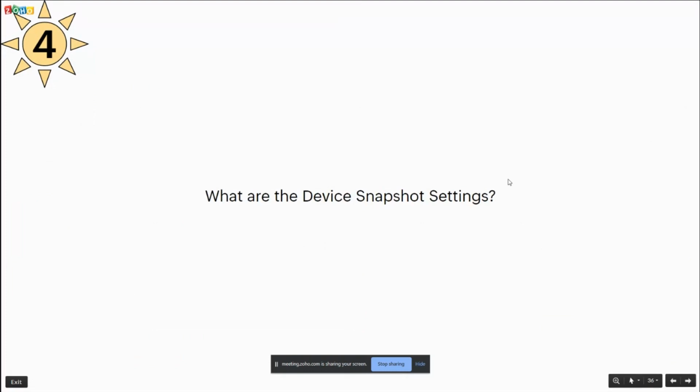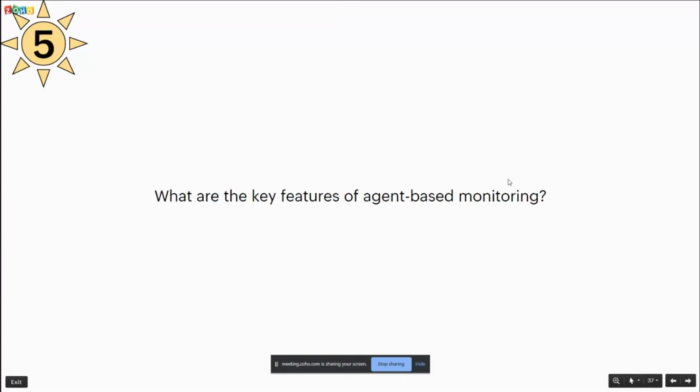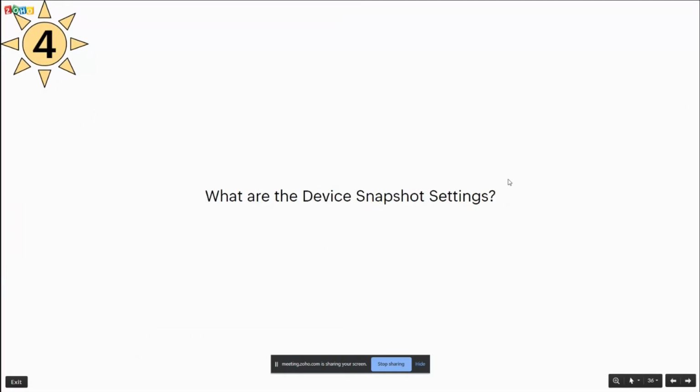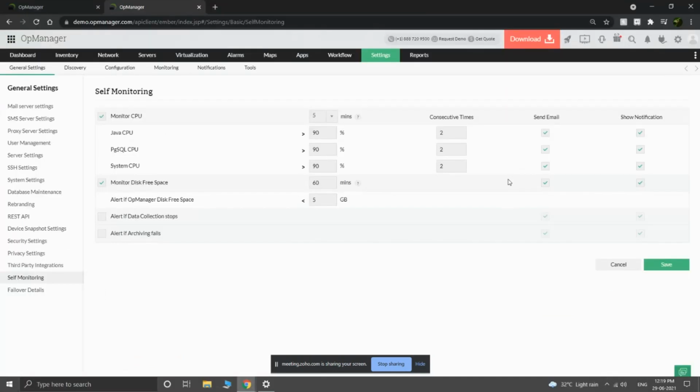We move on to the next question, and we talk about what the device snapshot settings are. There is an option called device snapshot settings in our product. The snapshot setting option allows you to configure how the device snapshot page should look, or what details you want to be displayed in the device snapshot page.